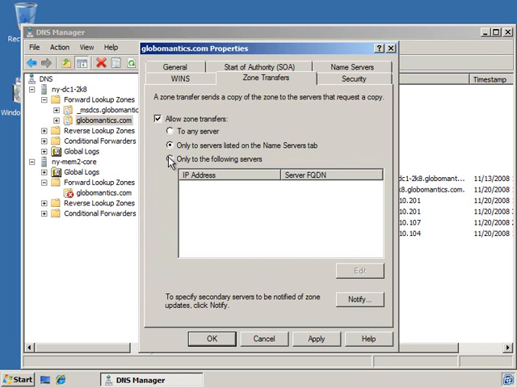Now, another option I had would be to do it only to the following servers and put in the specific server right here. But I want to go ahead and allow zone transfers to the Name Servers tab. I could also say, go ahead and allow zone transfers to anybody. But that would create a security hole, because anybody who comes in contact with this DNS server could, with just a little bit of skill, request that zone transfer and get your entire DNS